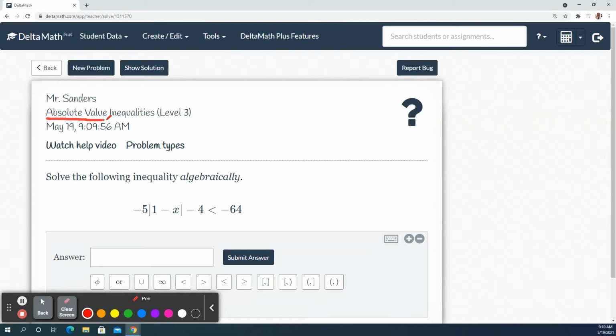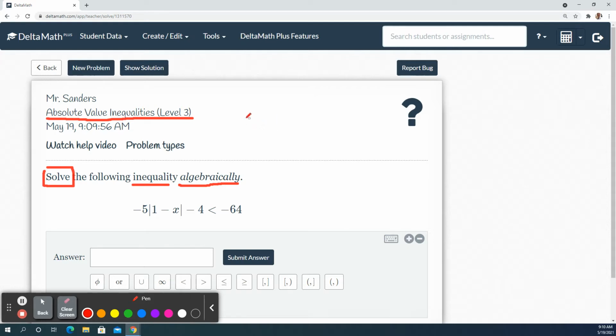We're doing absolute value inequalities level 3. We're asked to solve the inequality algebraically. Okay, so the technique is we get the absolute value by itself. That breaks it up into two separate problems. That'll give us the critical values, and then we'll test the regions that are created from the critical values and